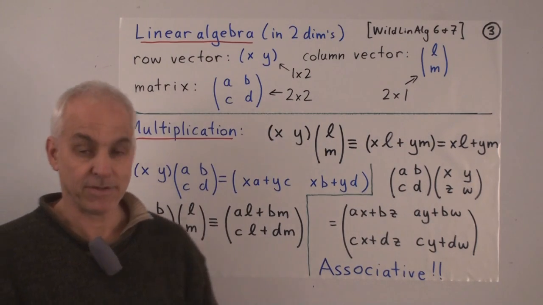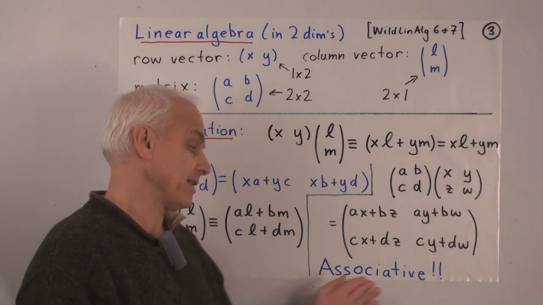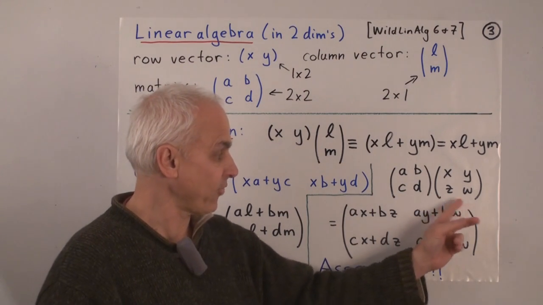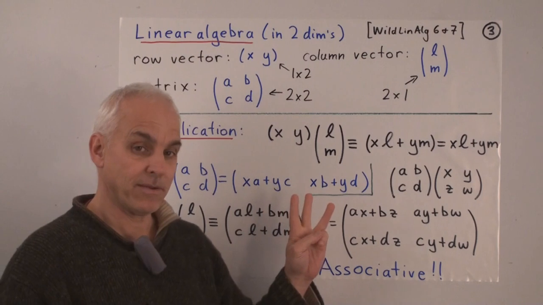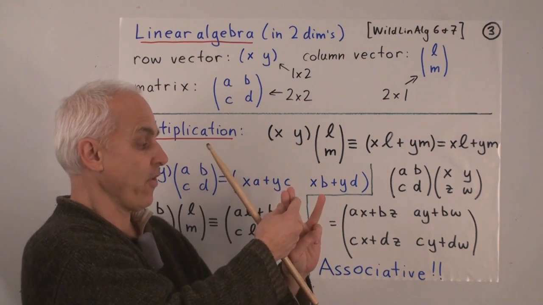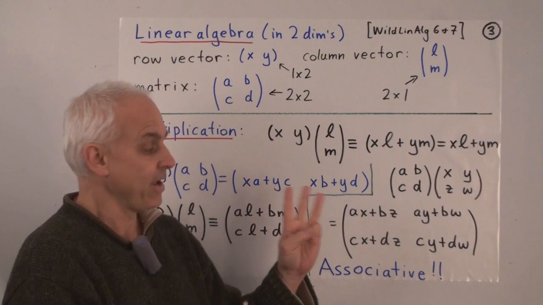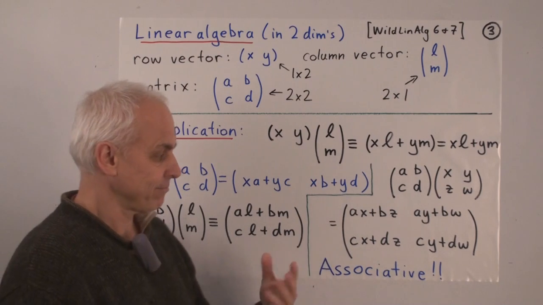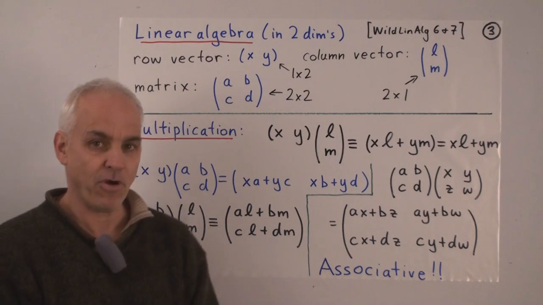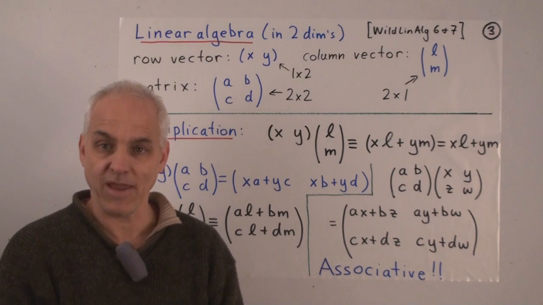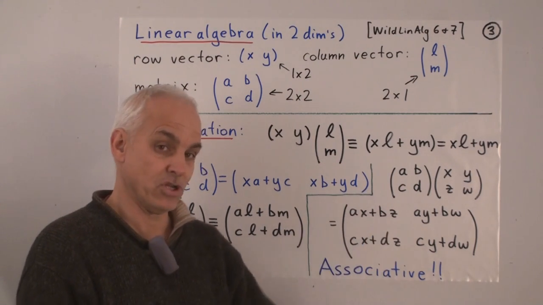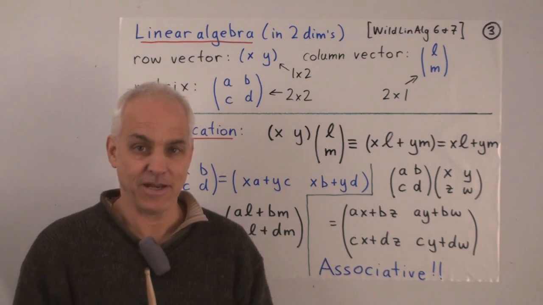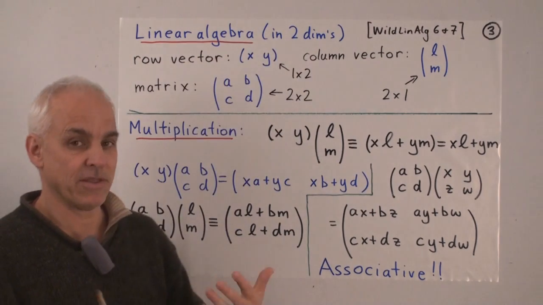And so the main thing to know about this operation is that it's associative. So that means, for example, if you have 3 matrices, call them x, y, and z, then if you multiply x, y together first, and then multiply that on the right by z, that's the same as multiplying x by the product of y and z. And if you've never seen that before, make sure you check that at least in some special cases and see if you can see why it's true in general. Okay, so that's matrix algebra in a nutshell in the 2 by 2 case, or in other words in 2 dimensions.